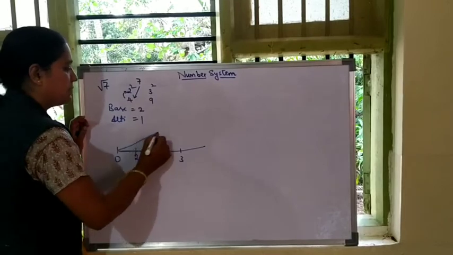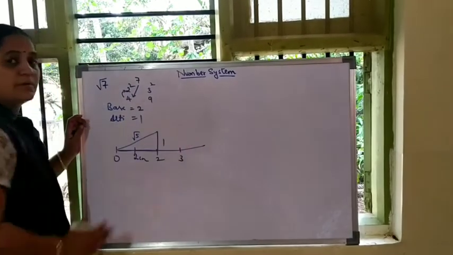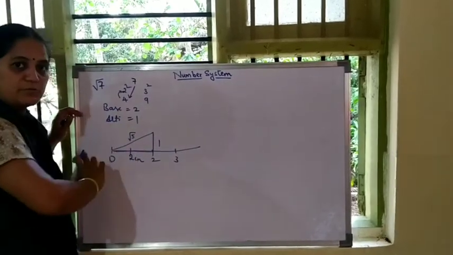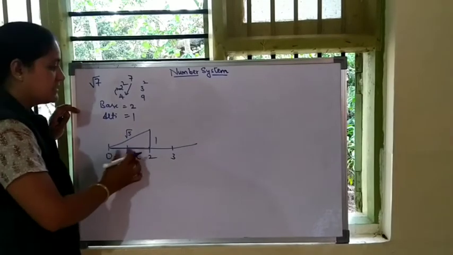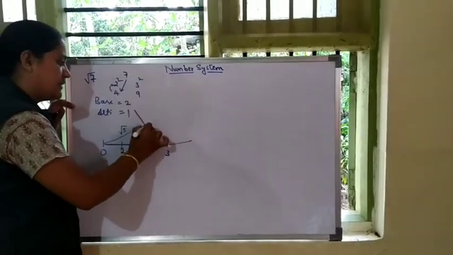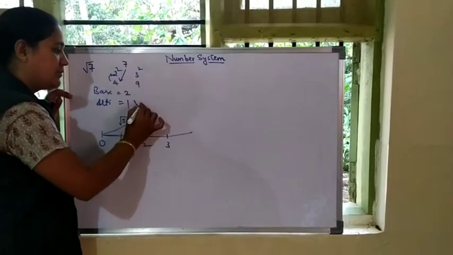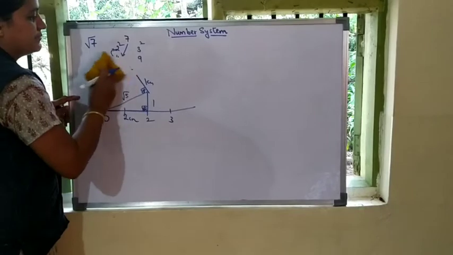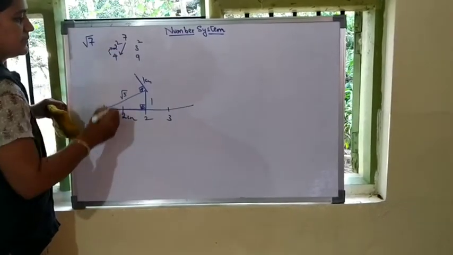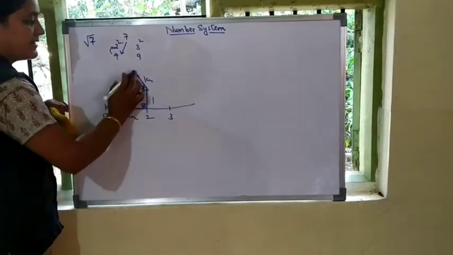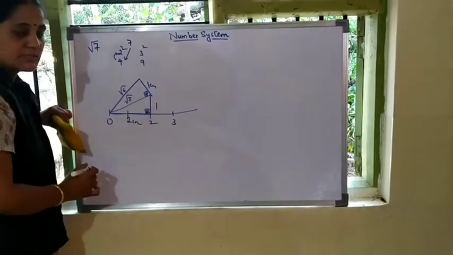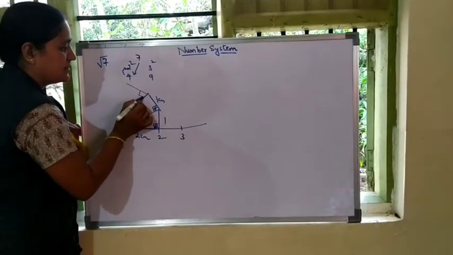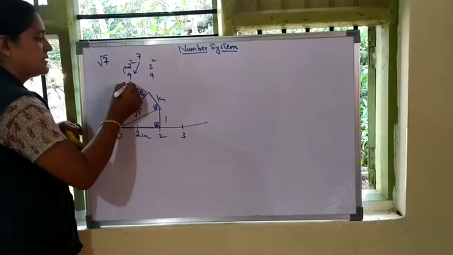So this will be root 5 that you get when you solve using the Bodhayana Sutra. Till you get root 7, the construction will go on. You again take this as the base, and the height will be 1 centimeter. The process continues. Again this will act like a hypotenuse and it will become root 6. The same thing continues till you get root 7.